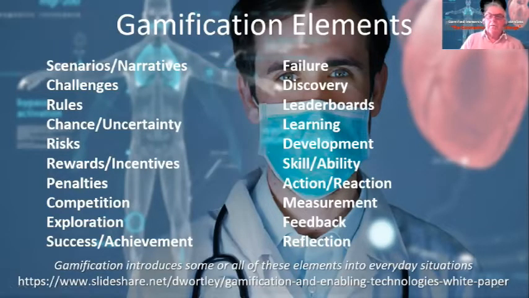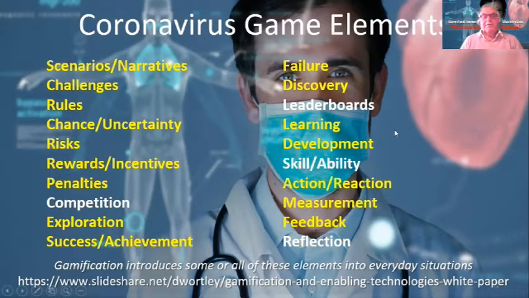So the third concept I want to introduce to you is what I call gamification elements. Now, these are all elements that make up a gamified scenario. All of these elements, or most of these elements, are present in any single human activity. Life is full of chance and uncertainty, so everything we do usually involves all of these items. And in the case of coronavirus and the game that we're going to be looking at in a little while, we have scenarios. These will be the immersive environments.